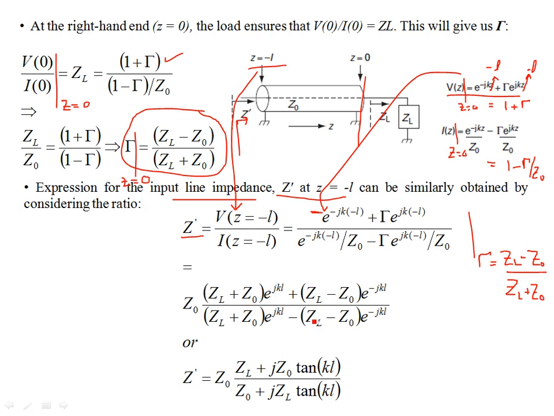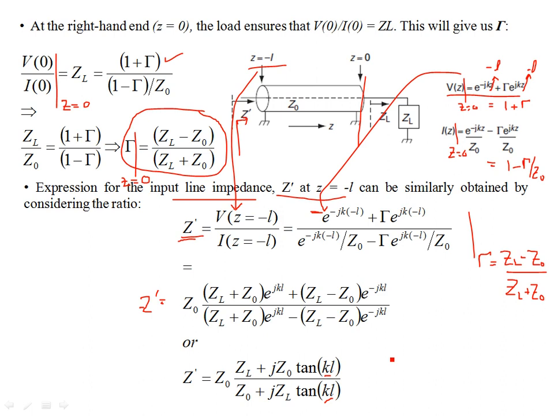So this is ZL minus Z naught, and then you multiply the numerator and denominator by ZL plus Z naught, so you will have this over here. If you rearrange this in terms of Z prime, because this whole thing is Z prime, you can write the expression as such. You can combine these exponentials into sine and cosine and make a tangent of KL, where KL is the electrical length of the